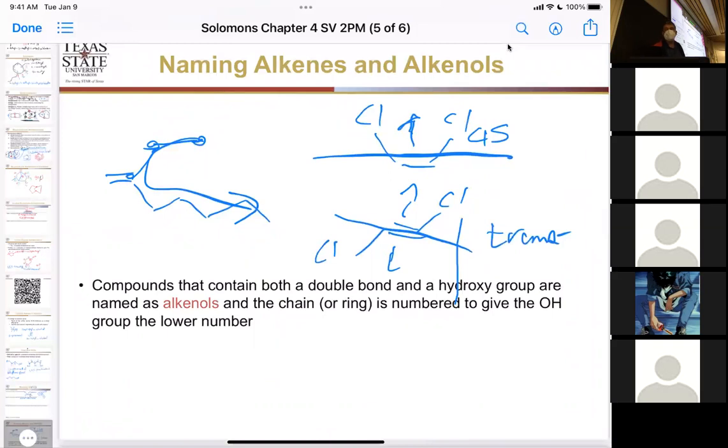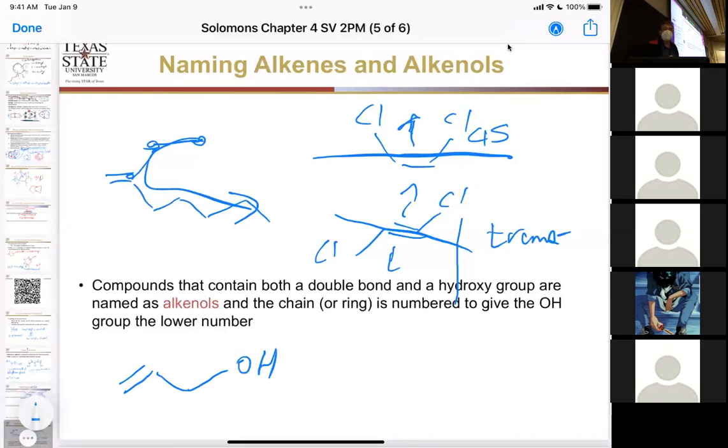Okay, the next rule: the ene is all about double bonds, and the ol is all about the functional group. What if you have both? Well, there's a weird rule, because the alcohol is the first functional group and it's almost there with the alkene. We still have to say both of them are there and show where both of them are. Okay, so for example,